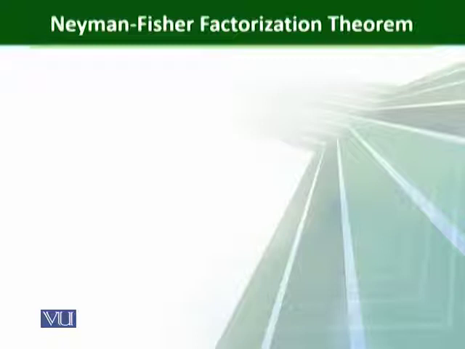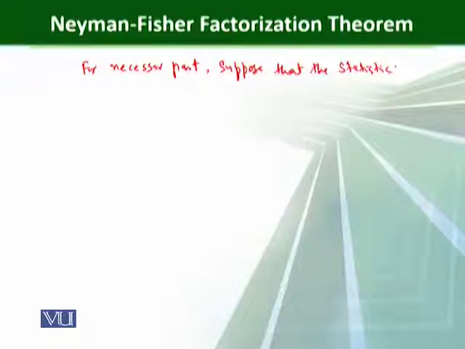One step is the necessary step. The other step is the sufficient step. So for the necessary part, suppose that the statistic, let's say I call it s, which is a function of x1 up to xn, is sufficient. Then